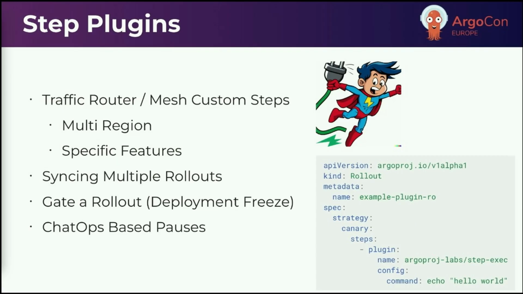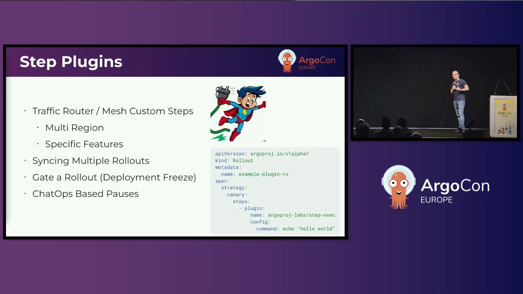A couple of new features for Argo Rollouts. Over the last couple years, we've gone through a plugin transition. We've worked on adding analysis run plugins and traffic router plugins, and the last step of that would be step plugins. One of the main motivators for this was once we have traffic router plugins, traffic routers have very unique feature sets, and you might want to have a specific plugin that only works for